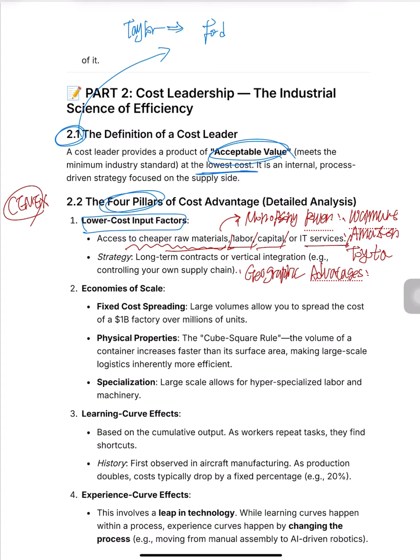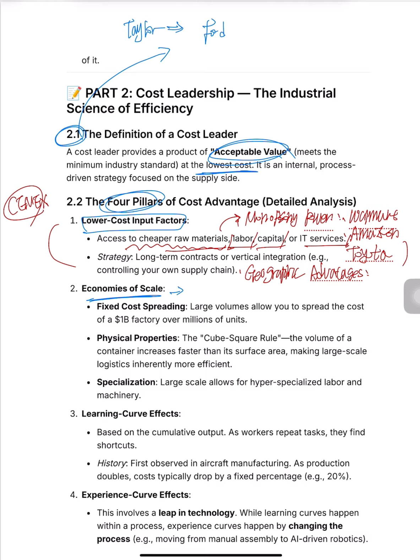Okay, good. And the second pillar is economies of scale: the mathematics of mass production. Economies of scale describe the reduction in per unit cost